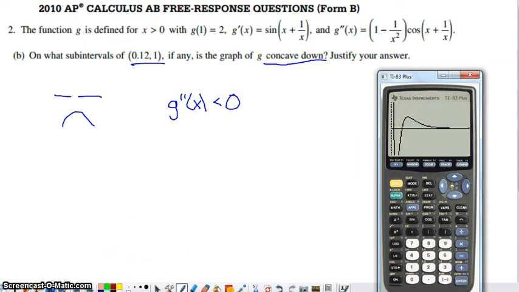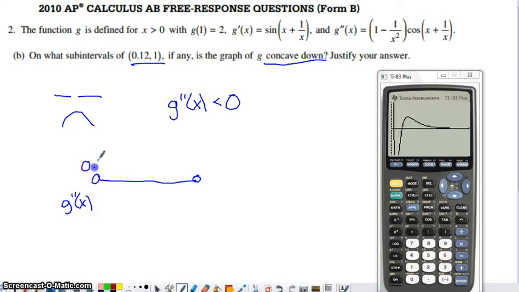So what the sign chart for g double prime should look like on the interval from 0.12 to 1 is something like this. We're going to have the sign of g double prime between this x and this x. It seems like it would change once here and then change again right here. So I'm going to put two potential split values in my sign chart, and I'm going to have to do some work